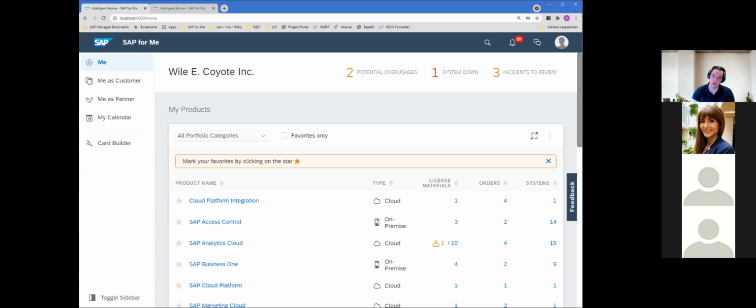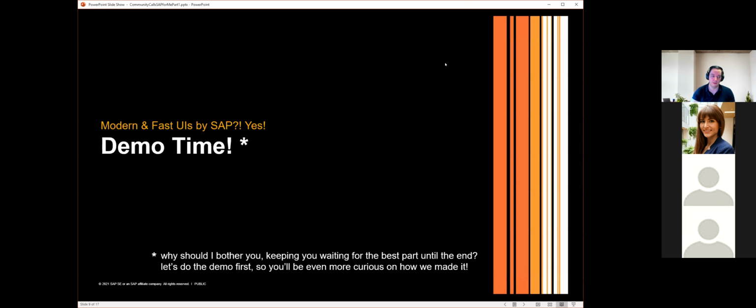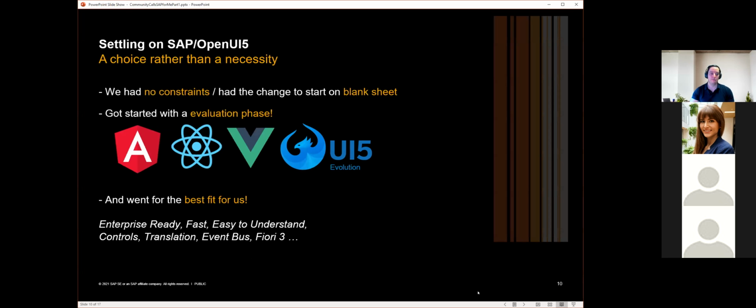Good, so let me switch back to my slide deck and let's deep dive a little bit into what I just showed and said to you. First of all, SAP UI5 in general. There are a lot of opinions out there on SAP UI5. There is also specifically from SAP the so-called UI5 Con, where SAP UI5 is promoting SAP UI5. But most generally,